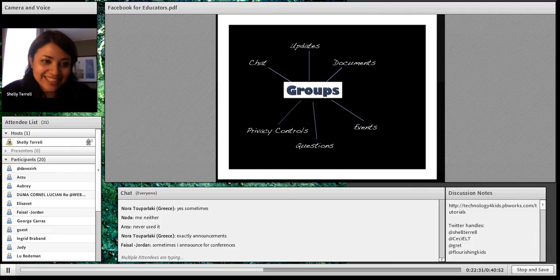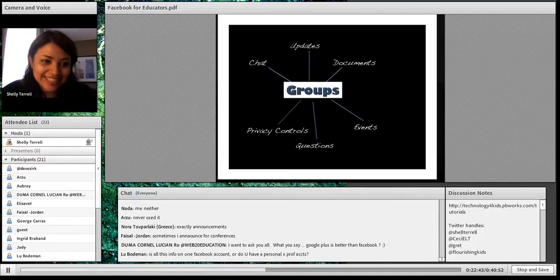There are 3 different privacy controls. When you have a group, you can decide to make it public, where it's open for everybody. You can make it a closed group where only the members can see it. And then you can also have groups that are completely open. If it's a completely open group, I don't believe you get an actual group email. But there is one email address for the entire group, and it makes it easy to post things, even through text message.